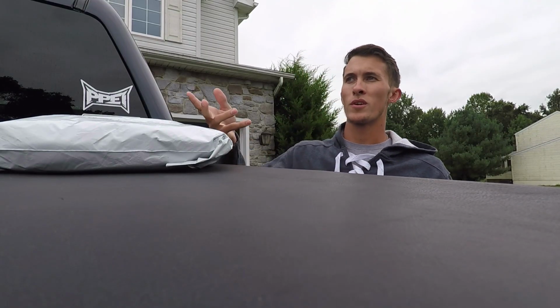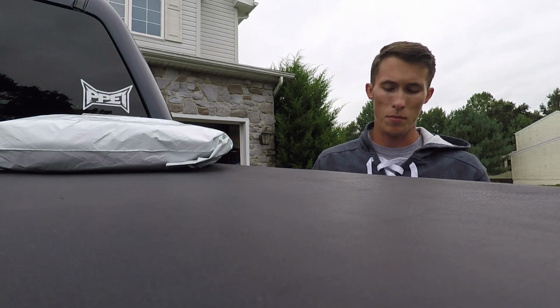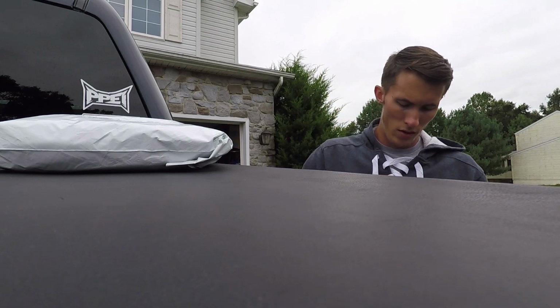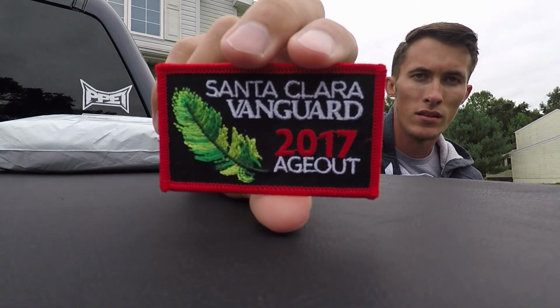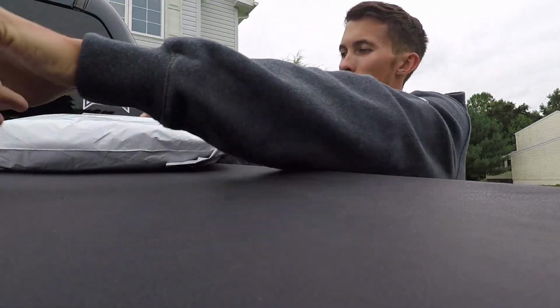Alright guys, hopefully you could hear me over the leaf blower over there, but I've got a couple of cool things to show you guys that just came in the mail. First thing is, this actually came from Santa Clara. It's my 2017 age out patch. So that's cool, I could go ahead and put that on my core jacket. But the next thing,